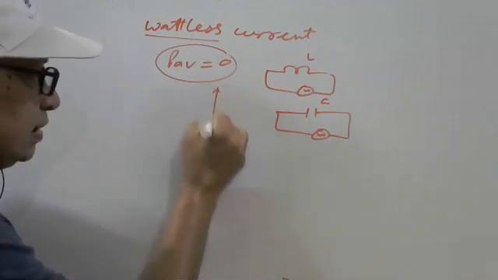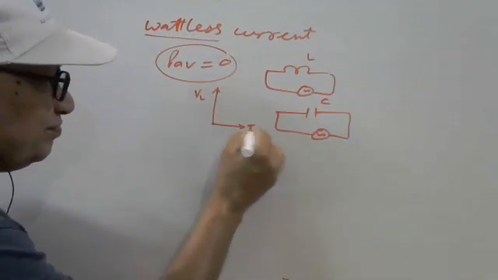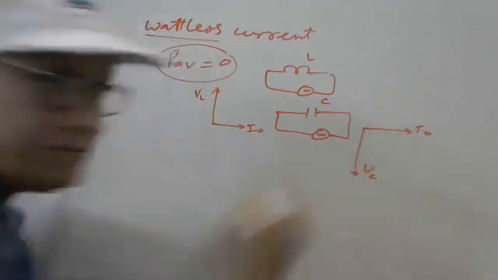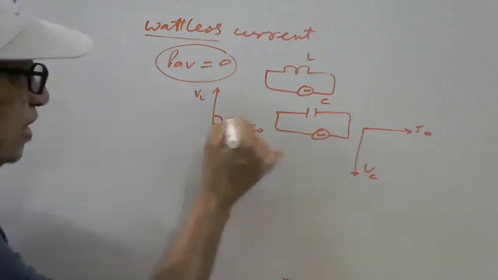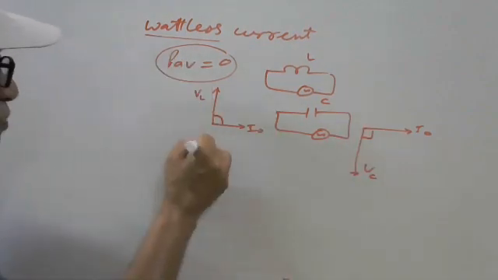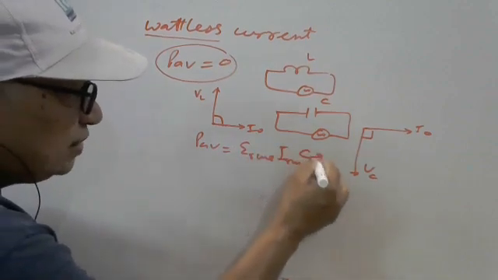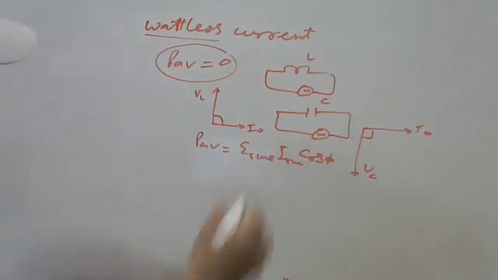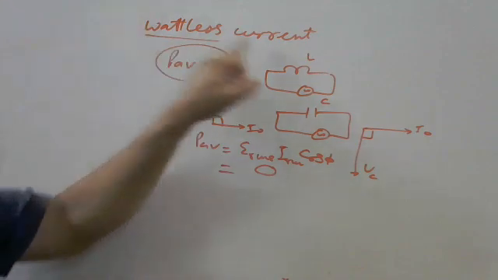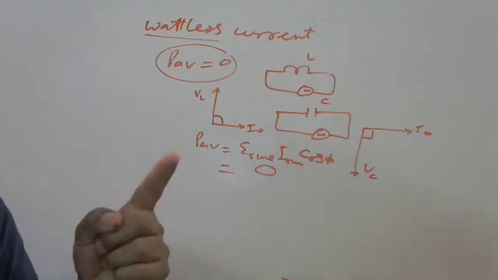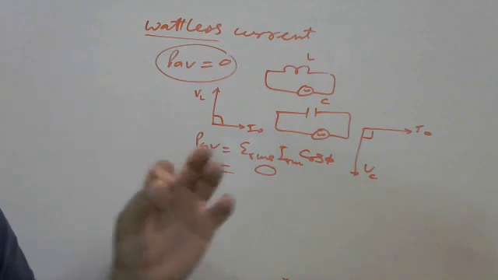It means suppose this is say VL and this is I, or in this case this is I and this is say VC. Because of the phase difference here 90 degree, what is the power average, say ERMS, IRMS and cos phi. Because of cos 90, what is the power? 0. So here the meaning of wattless current is there but is not carrying any power, or in other words we can say in one cycle average power is 0.